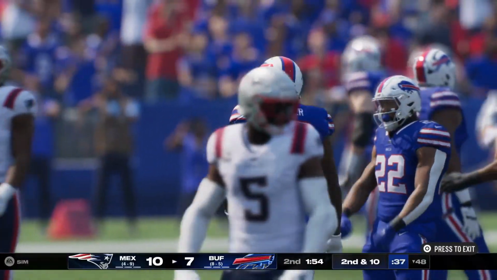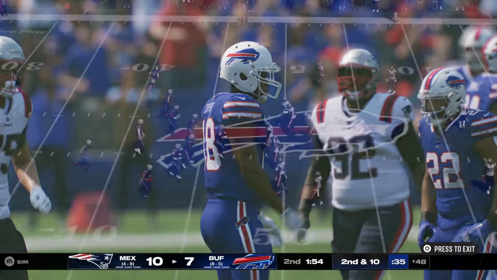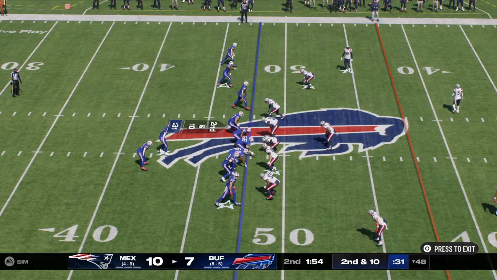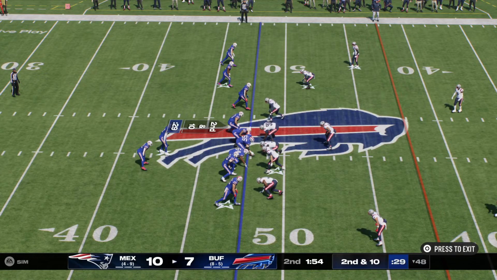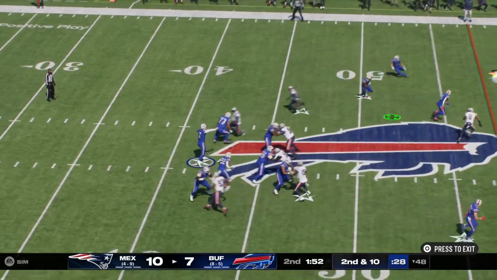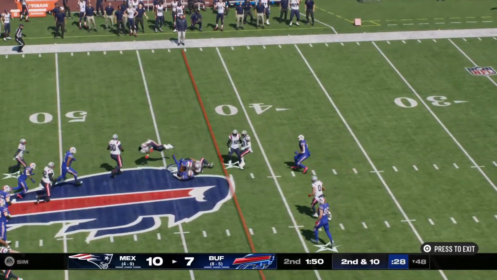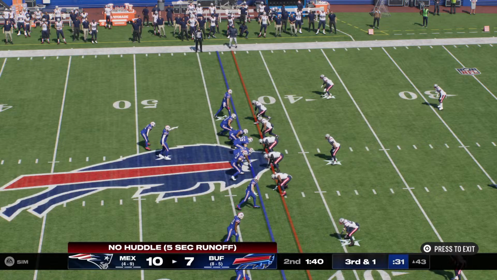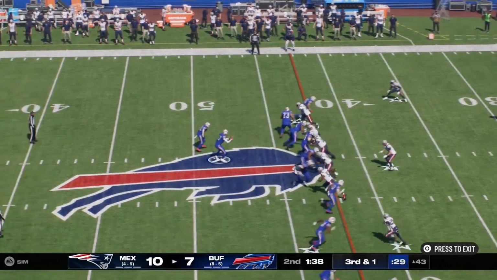Too tough to hold on to that one. It's second down. Here's Allen to throw it. Quick throw, and he's got Amari Cooper. 9 yards, not quite enough, and they'll be left now with 3rd and 1.